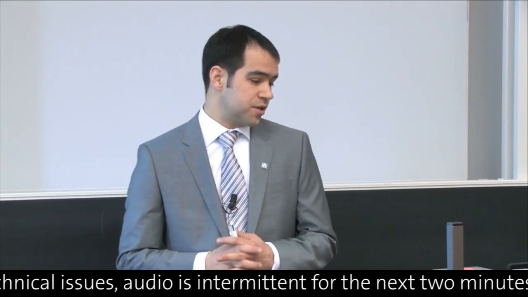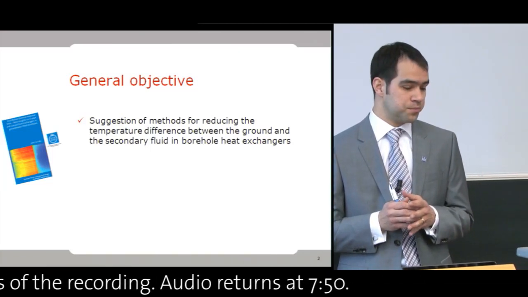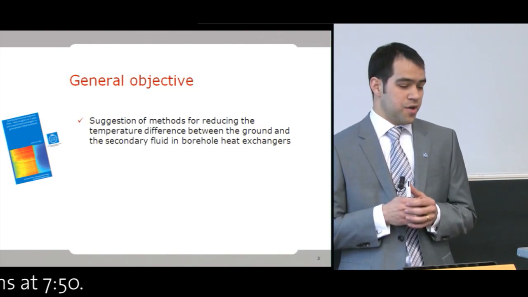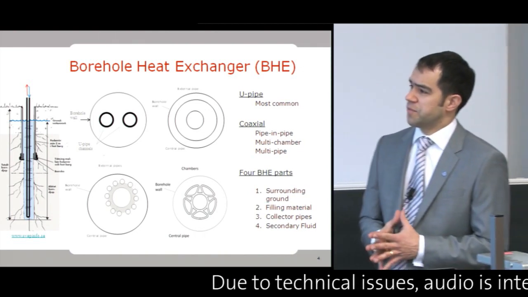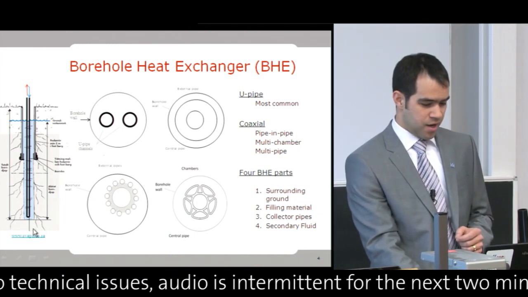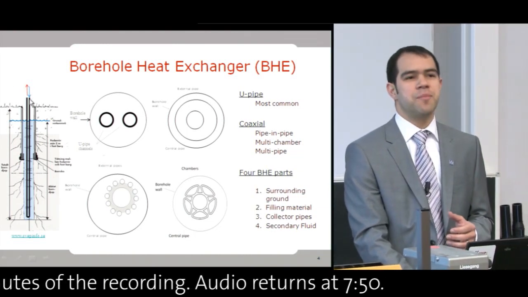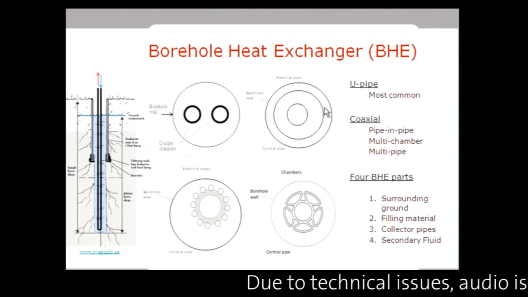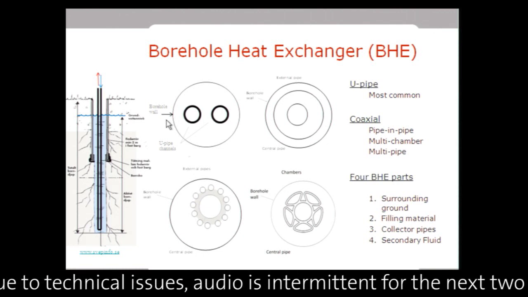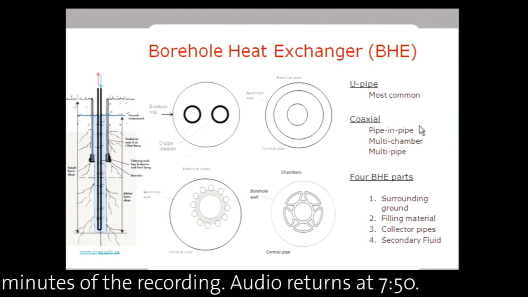My general objective was to suggest methods for reducing the temperature difference circulates and exchanges heat with the ground. Depending on the pipe geometry, there are different borehole heat exchanger types. The common one is the so-called U-pipe, one pipe going down and one pipe going up, as you can see in this prototype. And then there are